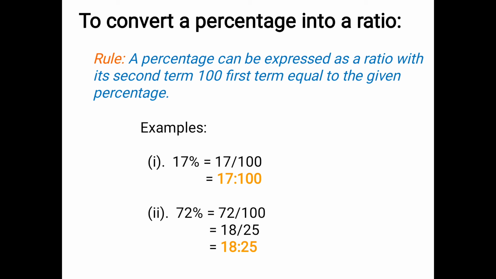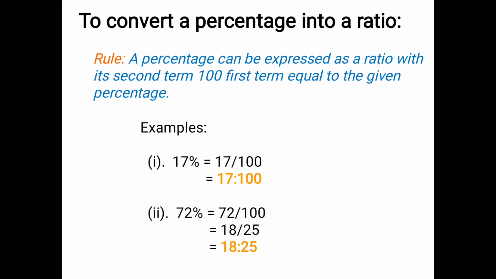So we already know that 17 percentage is equal to, we have to divide by 100, that is 17 by 100. Then the ratio symbol, we know the 2 dots, isn't it? So 17 is to 100, that's it. If we are able to cancel the numerator and denominator, we can cancel. If it is not able to cancel, then directly you can write 17 is to 100.